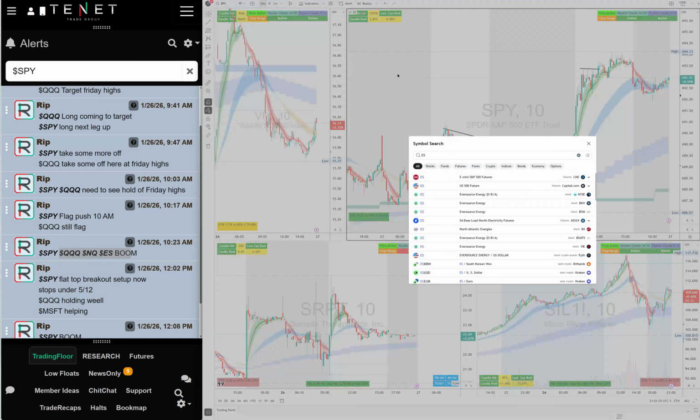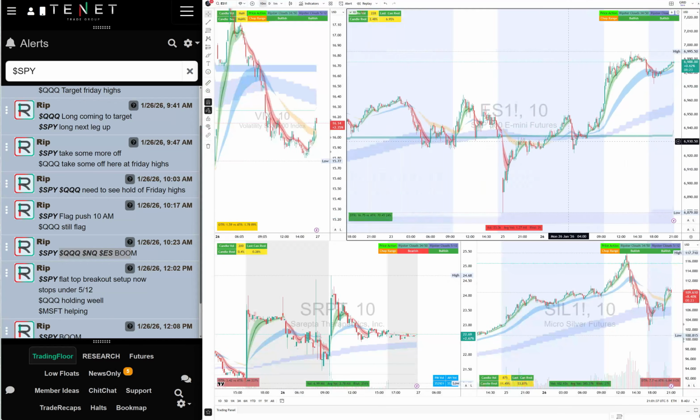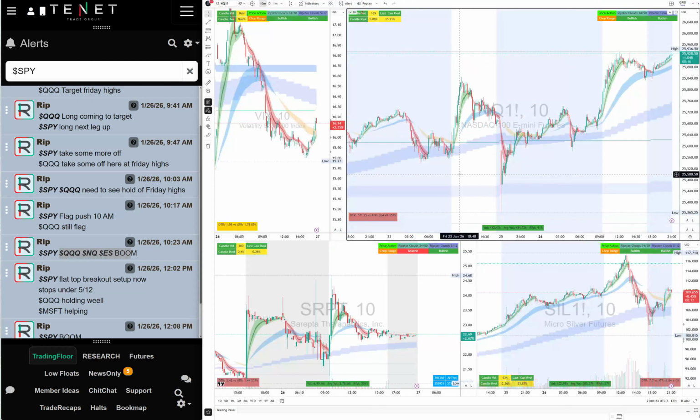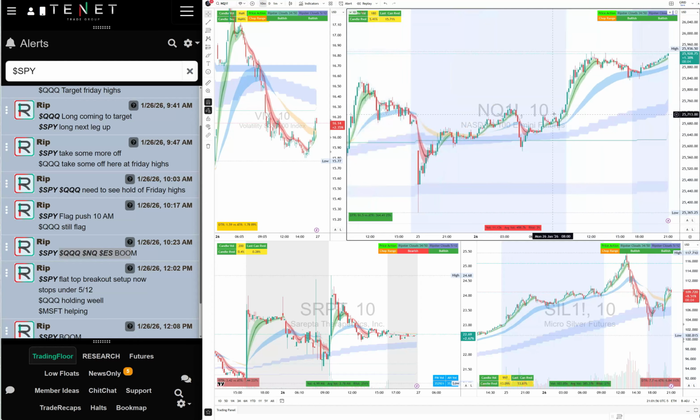Similar thing on futures trades. Yes, you can trade those as well, breaking out of the Friday highs, hold it long. Same thing for QQQs and Nasdaq futures. The thing is, you need to make sure there's no chop. Some of the days will chop, but today was a trend day. We were lucky to have this trend day, so we could hold the trade all day long. As long as the Ripster clouds hold, you hold it.